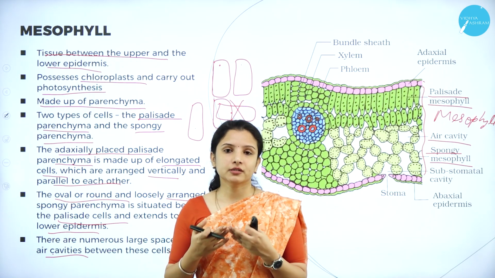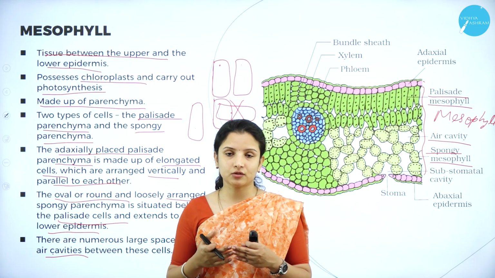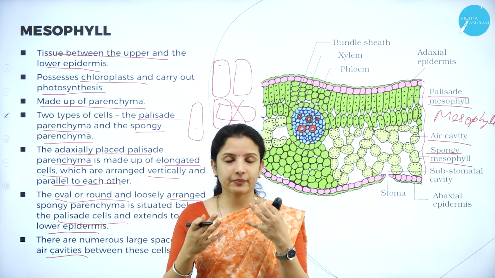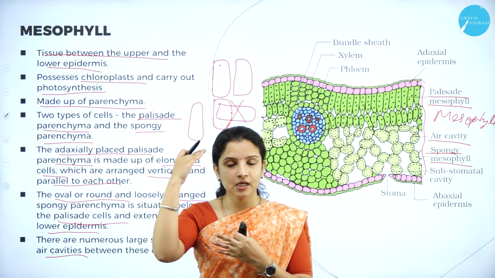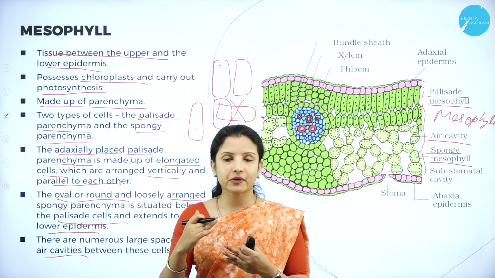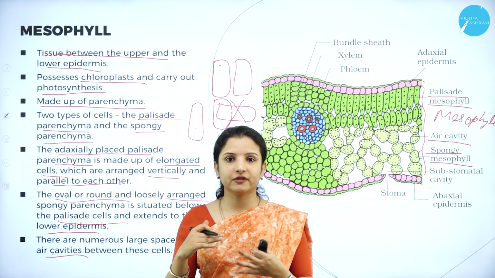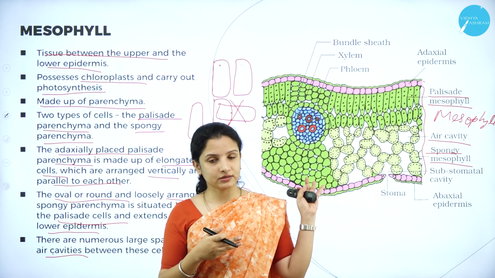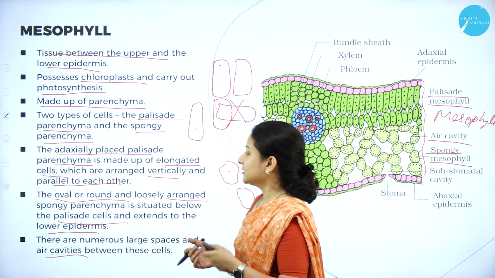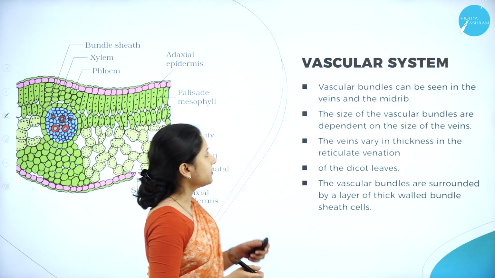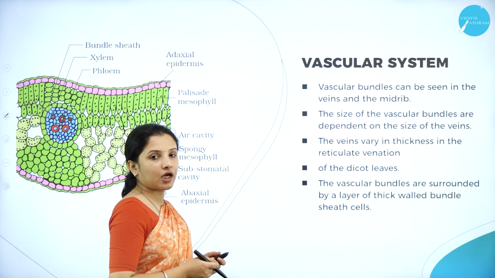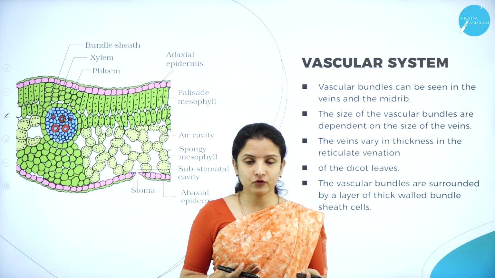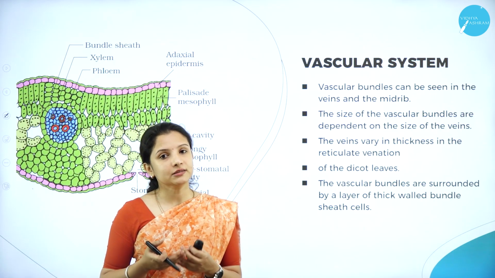So the dicotyledonous leaf mainly consists of parenchyma cells, which is nothing but the palisade parenchyma towards the adaxial surface and the spongy parenchyma towards the abaxial surface. So there are no other types of cells present in the dicotyledonous leaf other than the parenchyma cells. So next, moving on to the other main important part, that is the vascular system, which mainly helps in the conduction of the food, that is phloem, and water, that is xylem.